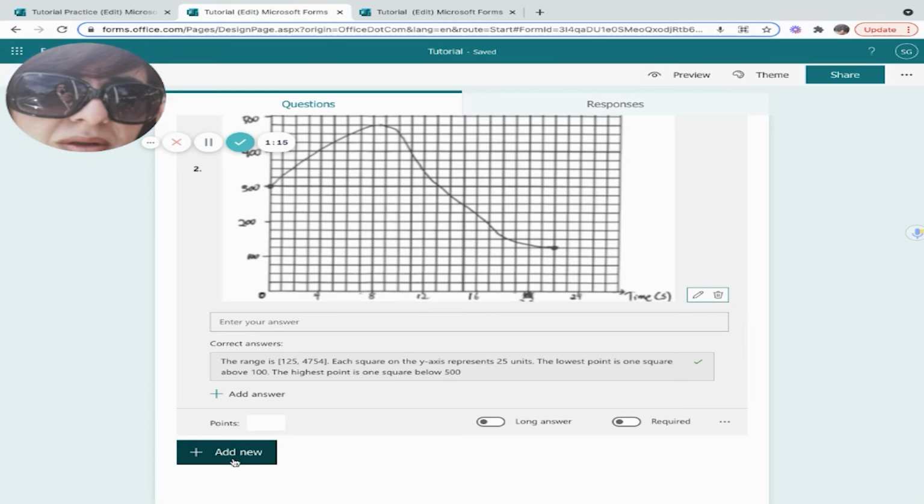And so then I continue populating with the rest of the questions for that image. So in this case, we looked at a graph, but you can do this by uploading an image, or you can put a video, have the students watch a news report, have them comment on it.